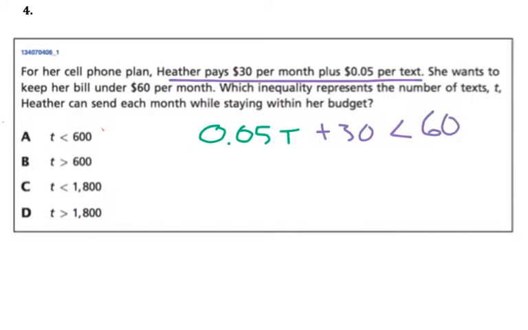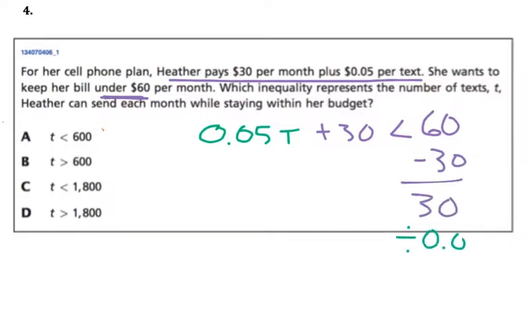Notice that I'm not putting or equal to because of how they phrase this. They say under 60. For whatever reason, Heather doesn't want to spend 60. She wants to spend less than 60. So we can't put an or equal to sign. That would be incorrect. Alright, now to figure out the solution, we could solve this, subtract away the monthly fee,